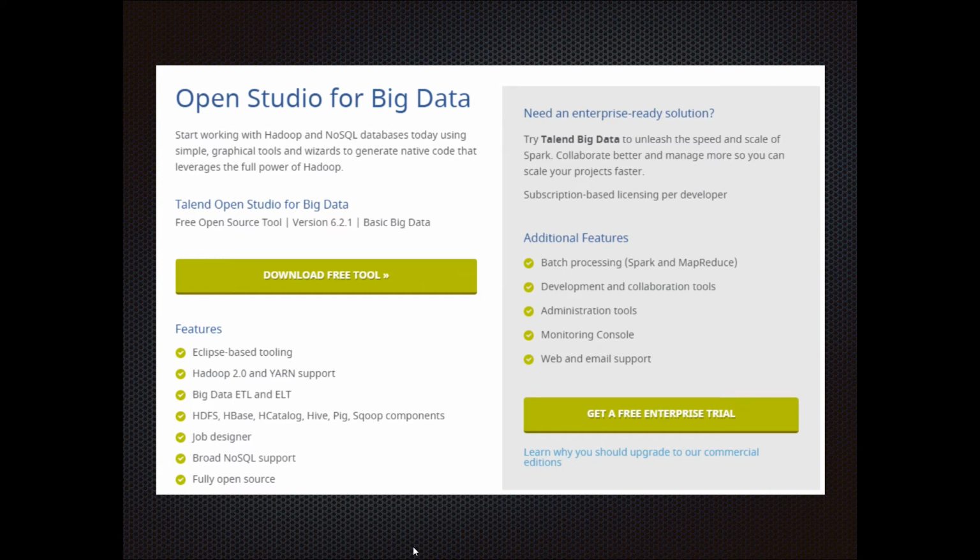Whereas on the enterprise ready solution, or subscription solution, you need to pay for it in order to use it, but it does come with some features. You can create big data batch processing jobs, which means the jobs that you create, you can run them either on the MapReduce engine or the Spark engine, whereas in Open Studio you cannot do that. And it comes with a few development and collaboration tools, and it also comes with administration tools, a monitoring console, and the best part is web and email support. And let's see in the next slide